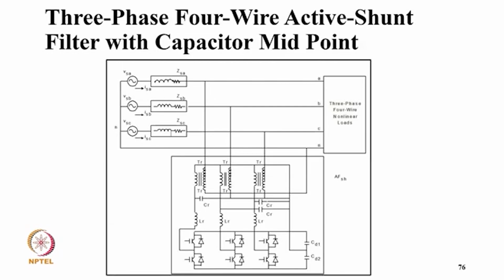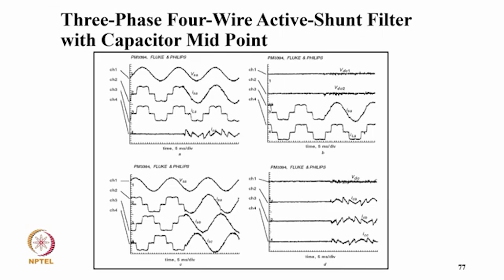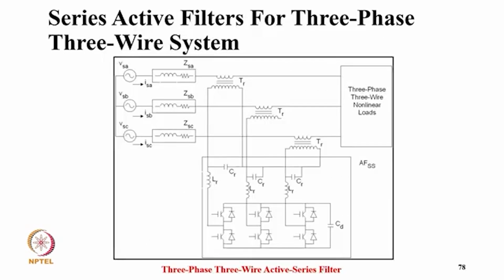And if it is used on high voltage, normally we use a transformer, so that the power converter is designed at optimum voltage, typically with the capacitor midpoint for four-wire shunt filter. And these are the typical results corresponding to the experimental result when the filter is tuned on, showing how it goes into operation.